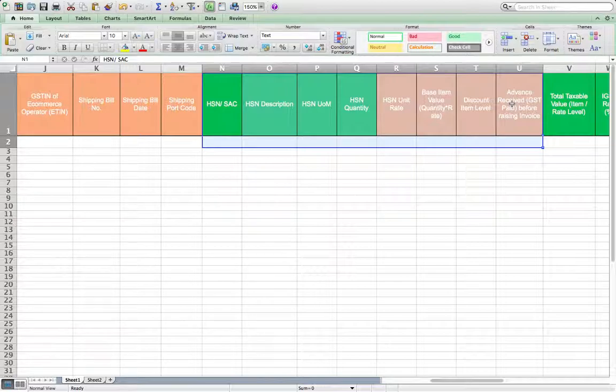The unit of measurement, the UOM column, is also called UQC, which is a 3-digit code that identifies the quantity or the measurement of the quantity. The fourth column is the quantity itself, which defines the quantity of that particular item that you are selling. The columns after that are the HSN unit rate, which is the per unit value of the item, the base item value, which is the quantity into the per unit rate,